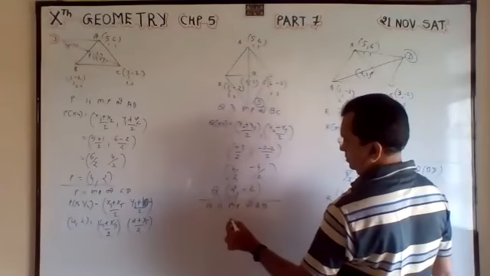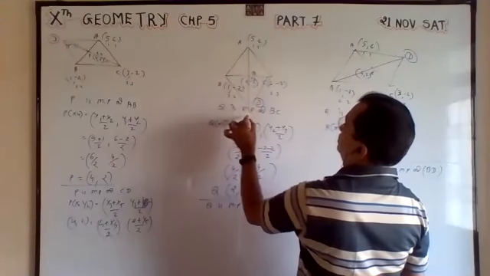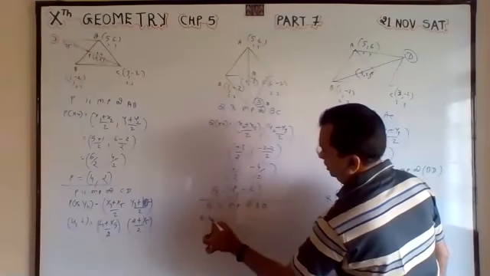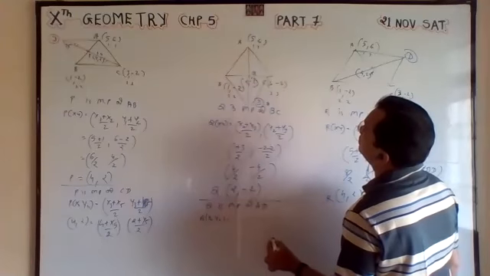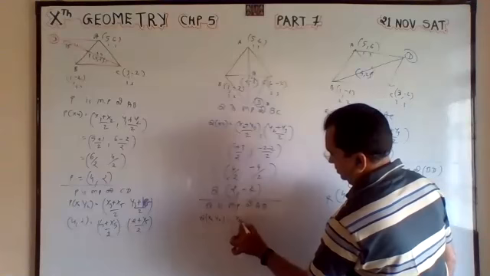Q, this is 4, 4, this is 5, 5. So Q(x4, y4) is equal to 1 and 5. x5 plus x